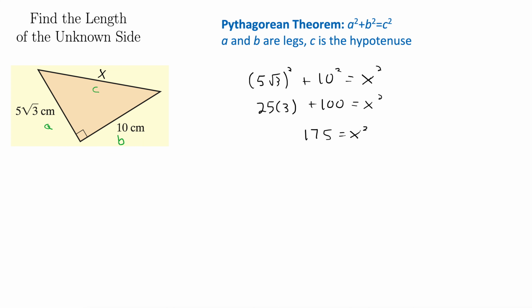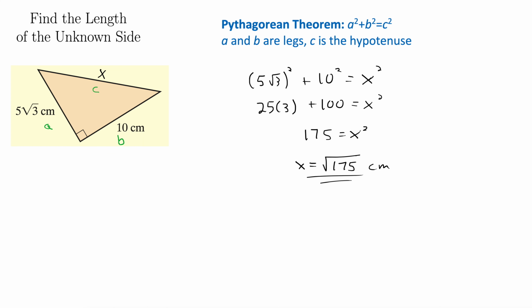All right, we'll take the square root. We're not going to put on a plus or minus because we don't have a negative distance, right? Distance is always positive. So we'll just take the positive square root. x equals square root of 175 centimeters. Okay, there we go. If we're sticking in pure math, that's fine. But if we want to measure this somehow, we need something